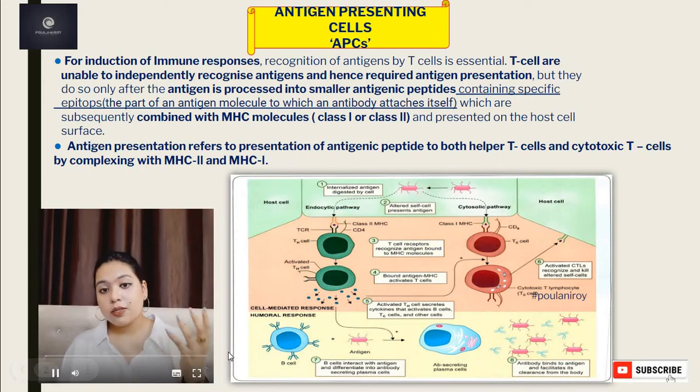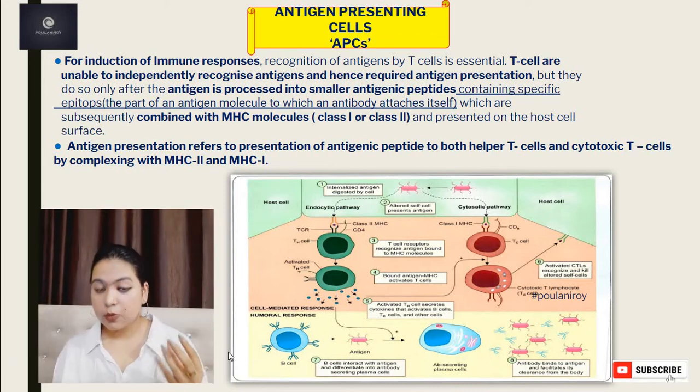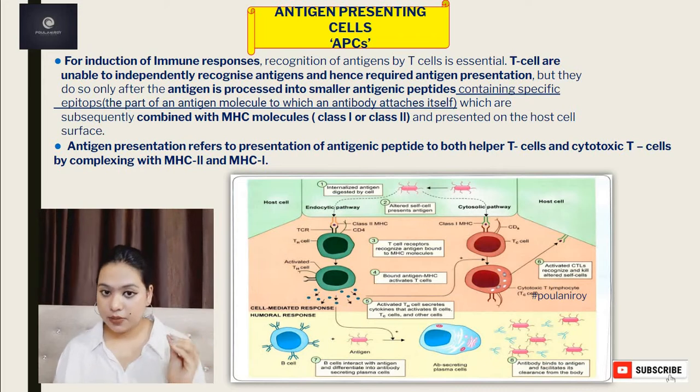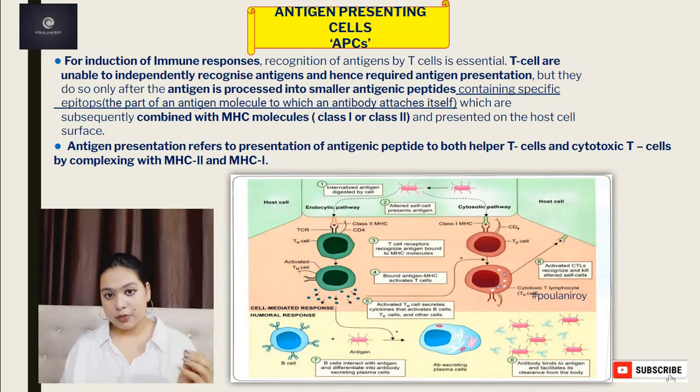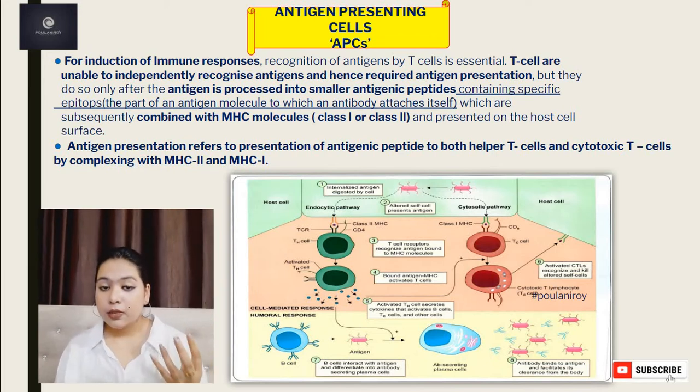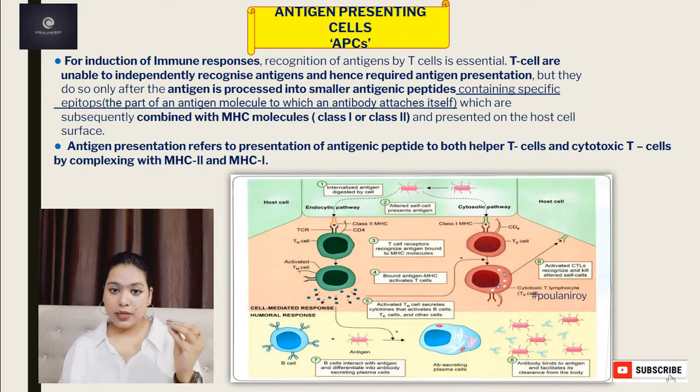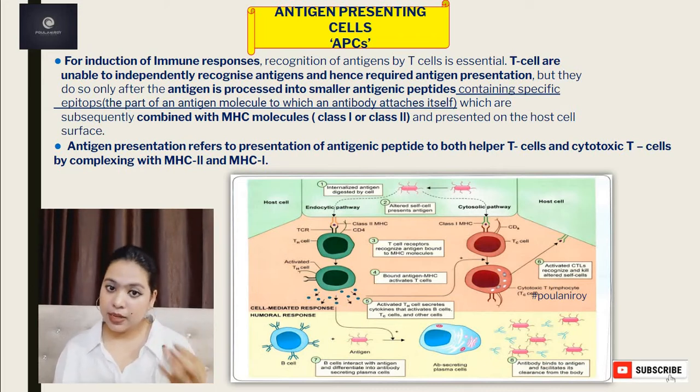So guys, what do you understand by APC cells? What do you understand by antigen presenting cell? There are cells, popularly macrophages or dendritic cells, that signal the other cells. Once the pathogen is trapped, the macrophages engulf it, and they try to destroy it. But in the meantime, they will